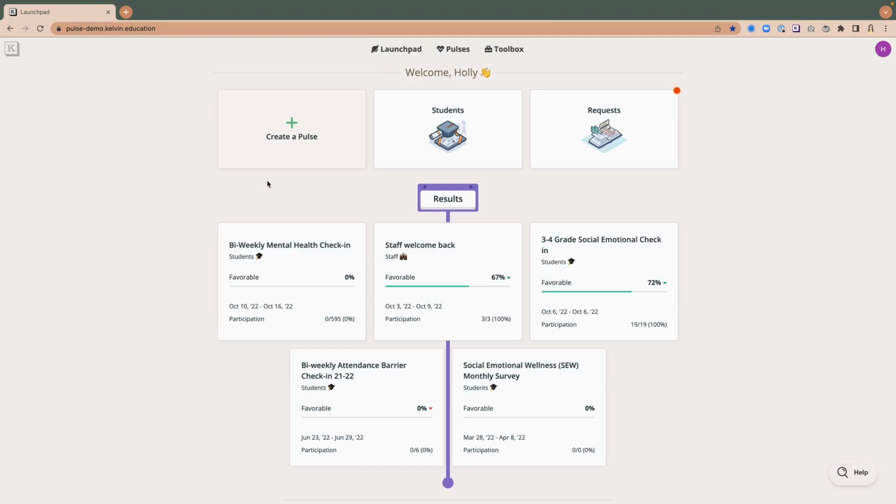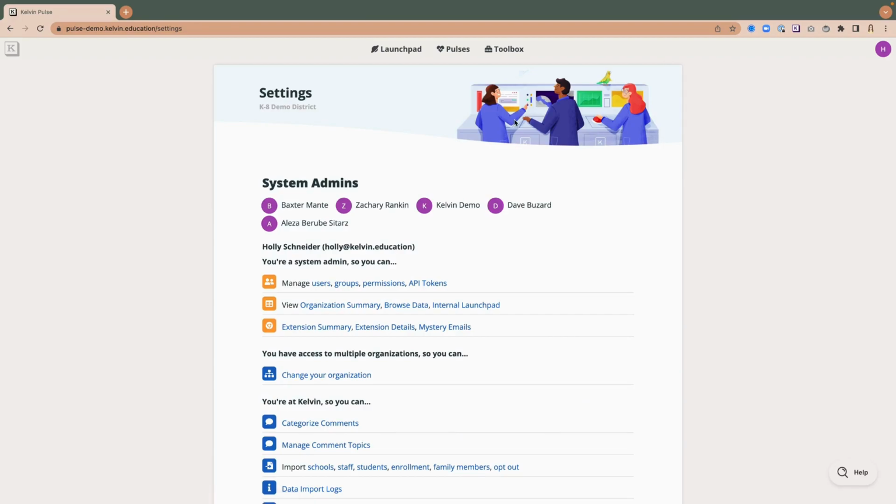Today we're going to show you how you can create an extension test so that you can make sure that students are seeing Boogie. So from your Launchpad, you're going to go up to the settings, this top right avatar in the corner, and click down the settings drop down. And from here we're going to create a group. So you'll go to this groups link